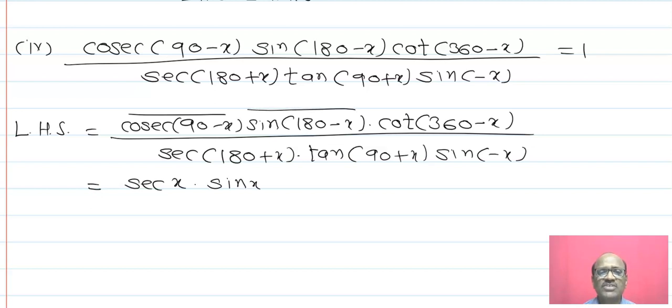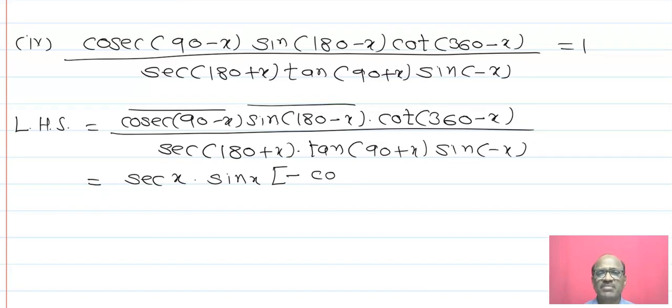Function will change. Cosec will become sec. Sine of 180 minus x, that is it comes in the second quadrant. Sine of pi minus x, therefore sine of 180 minus x is sine x. And next is the cot of 360 minus x. Now it will come in the last quadrant, fourth quadrant, that is a minus cot x to the denominator, sec